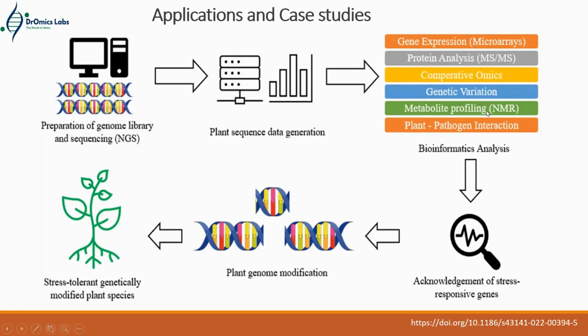Then using NMR or LCMS, you can do metabolite profiling. These are the secondary metabolites which can be used for a lot of things, maybe for medicinal use also. Then plant pathogen interaction using microbiome or transcriptome or other things. Everything requires bioinformatic analysis. So any of the data you get, you will do bioinformatic analysis, you will again prepare the report, you will talk to your